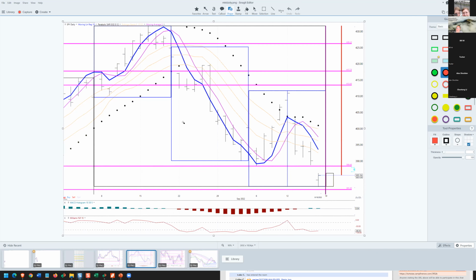If we zoom into the 30-day look, being fractal, again, you can see here was that test yesterday where it closed just above that support level, blew right through it, sold off sharply, had a bit of a recovery, but could not close that gap and closed at 385. So if this low breaks, look out below.